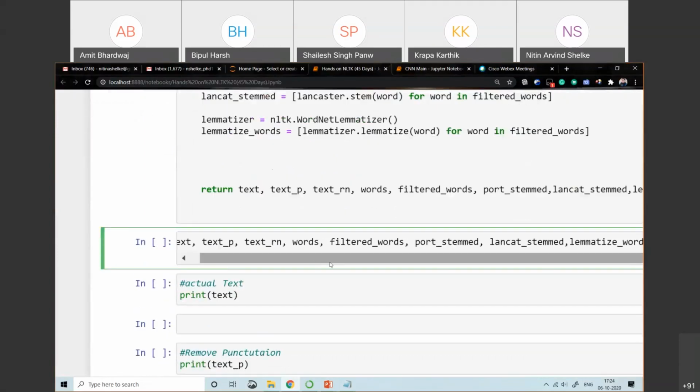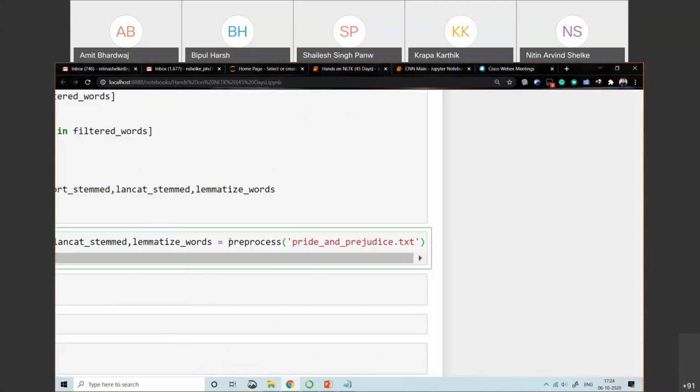Now I'm calling this preprocess function that I have created. You just need to pass the file, whichever file you want, you just pass the name of the file over here, and that file must be present in your root directory.